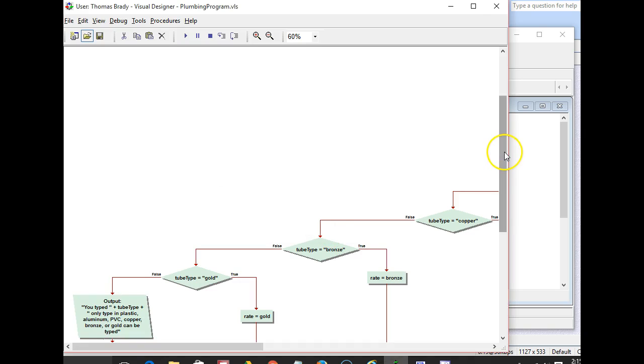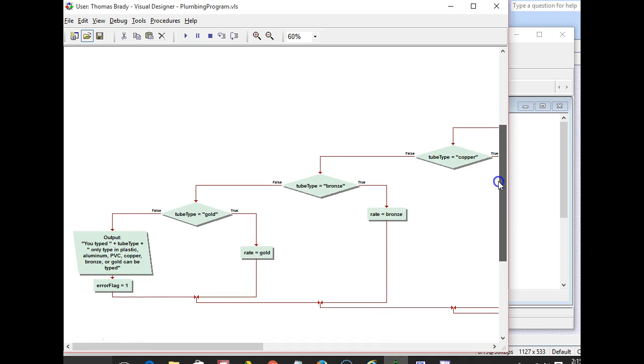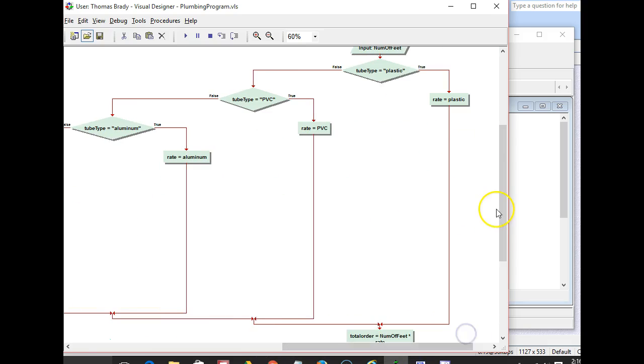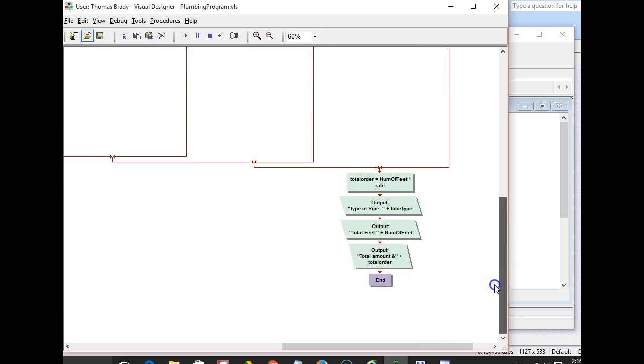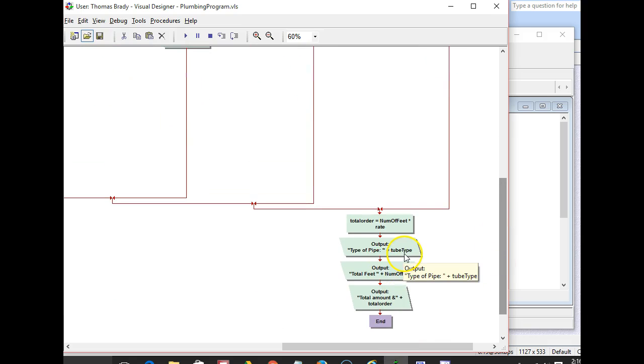We want to do a little bit more than that, because we also want to add an error flag that says, oh, an error has gone wrong, so we need to go ahead and fix it. And then when we get to the other side here, you can see that we have all this. So what we don't want to have happen is when I hit the play button,